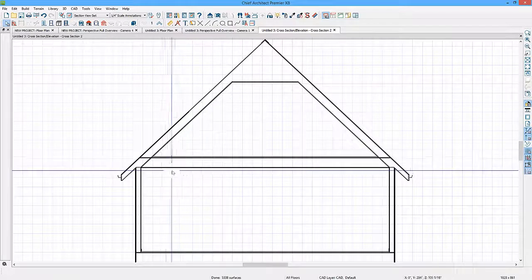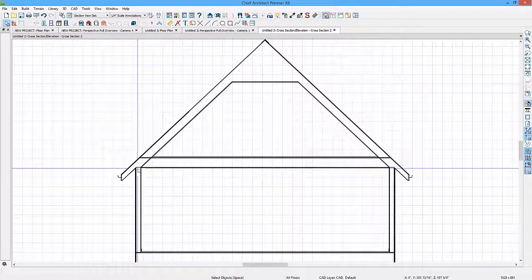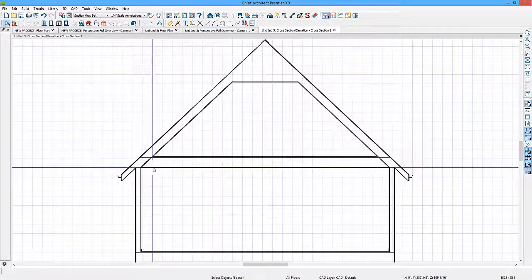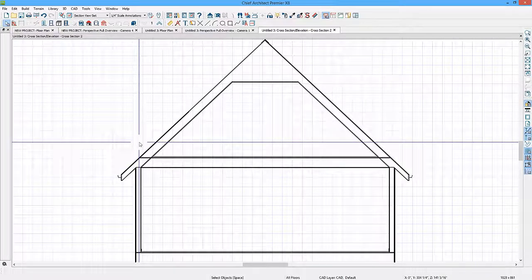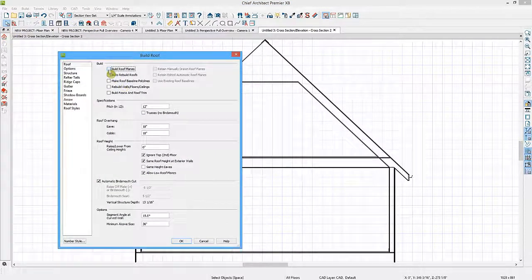In the back-clipped cross-section, you can see that the roof planes bear right on the top of these walls. So really what I want to do is allow a little height for the floor platform, and then maybe for a short knee wall right above that. So from here, I'll just go back to my roof tools and my Automatic Build Roof tool, build the roof